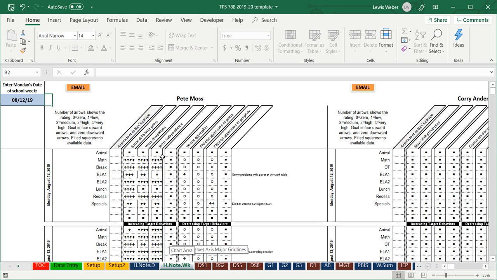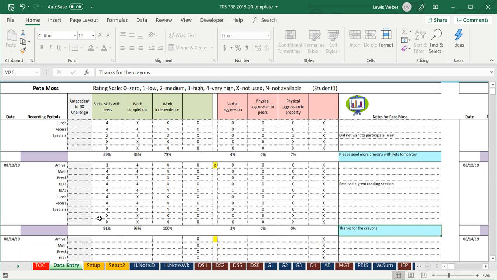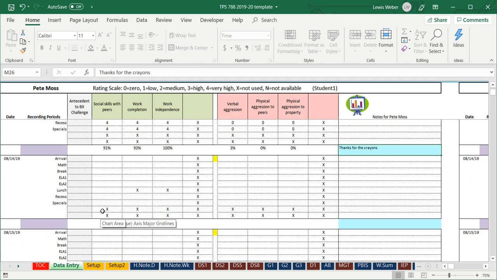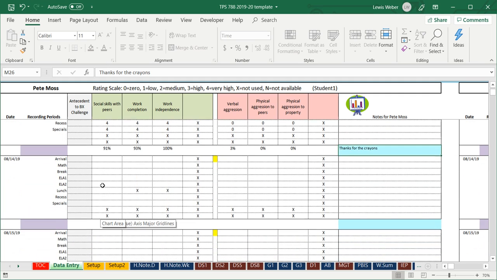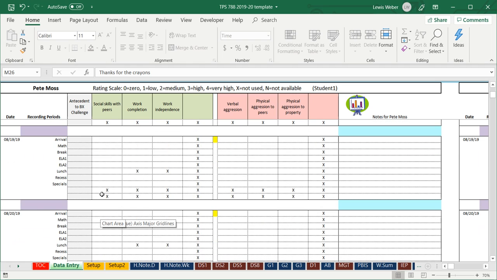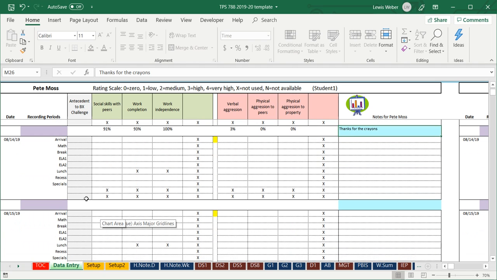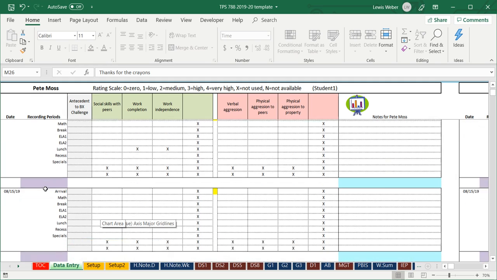Okay, so that's the quick start. I'm thinking for a moment, is there anything else I need to tell you? And of course, there is so much more to talk about. But that's the quick start for TPS. And as you scroll down, you can get more and more data entered. All of your dates have been entered for each student. So that's a handy way of